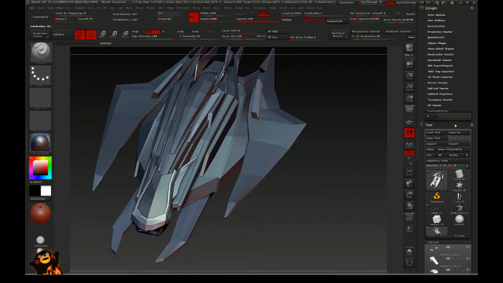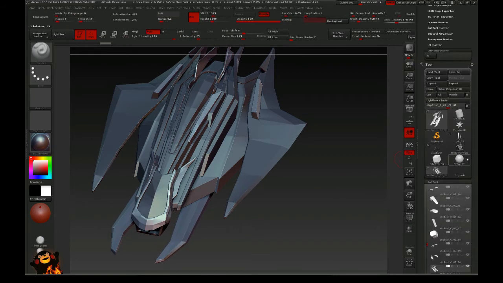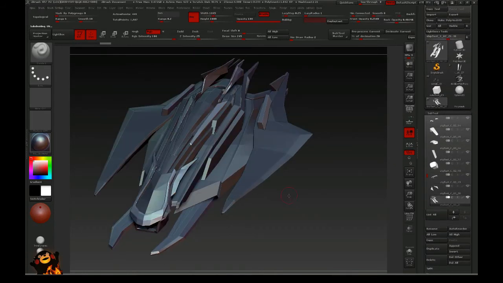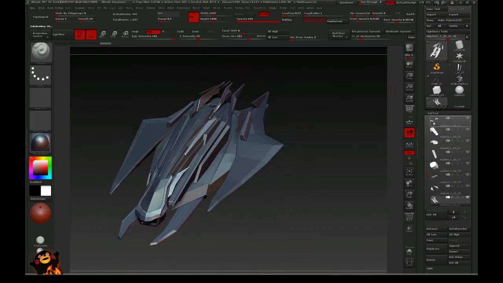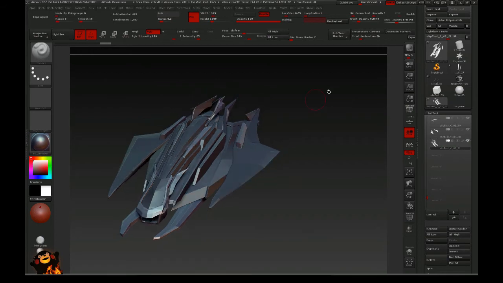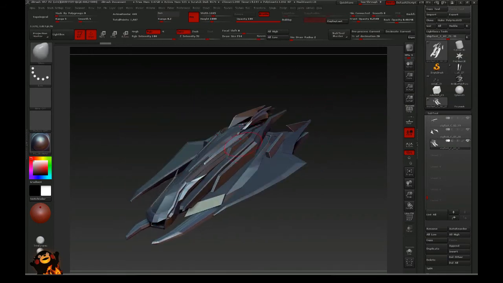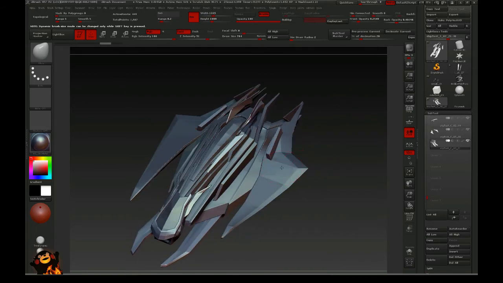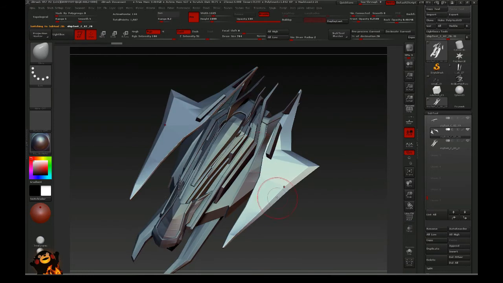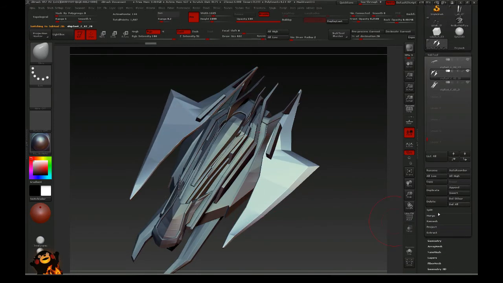Actually, I find at this point in the process, part of the whole reason I'm doing this is so that I can get in here and tweak the design and the shapes. And usually at this point, I really would like to have everything in one subtool. So I will often do a merge, turn on the UVs so that I keep my polygroups,